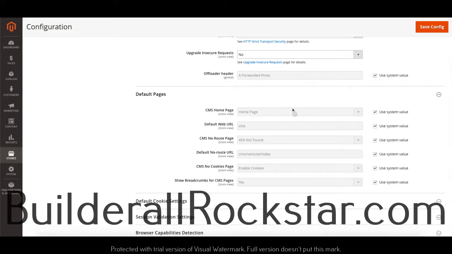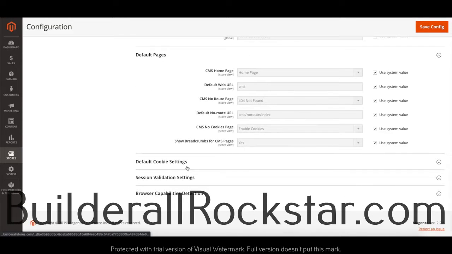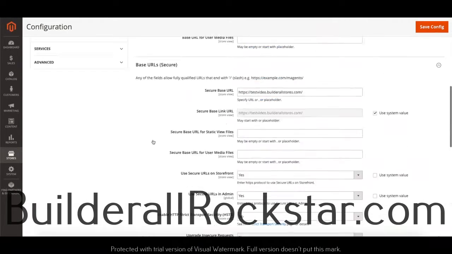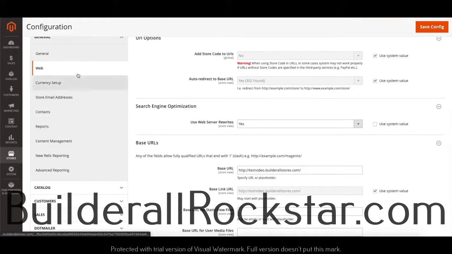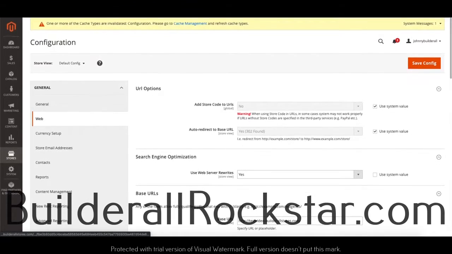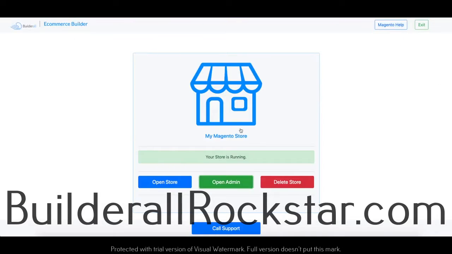There's some default pages that they have set up for you here, cookie settings. But we feel like these are the most important settings to get started with. And if you guys need any other help with any of these other things, I'm about to show you where you can find this. So if we go back to this screen on Builderall and you go to Magento Help,